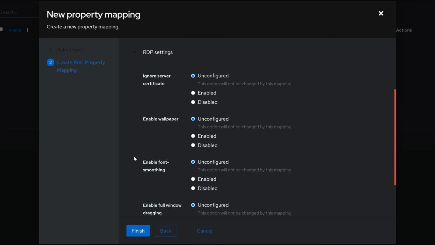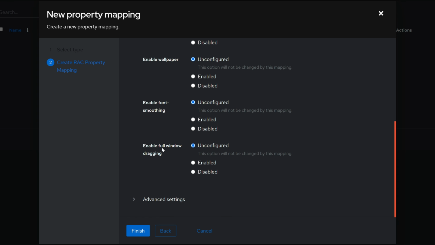Scroll down a little bit, and for Ignore Server Certificate, go ahead and choose Enabled. What this will do is bypass the warning you usually get when trying to RDP into a Windows system. Otherwise, this RDP endpoint through Authentic will hang there waiting for an interaction to confirm the warning. Go ahead and enable any other options you might want here, but I'll go ahead and leave them as is